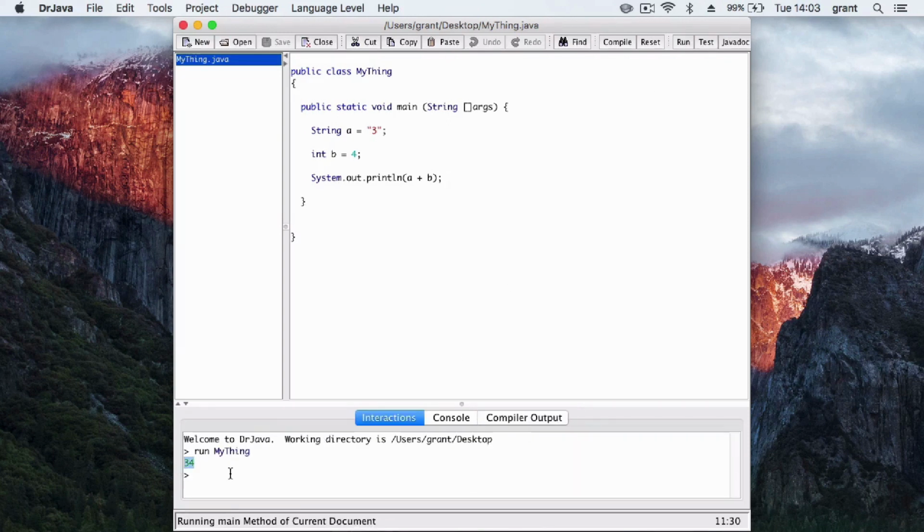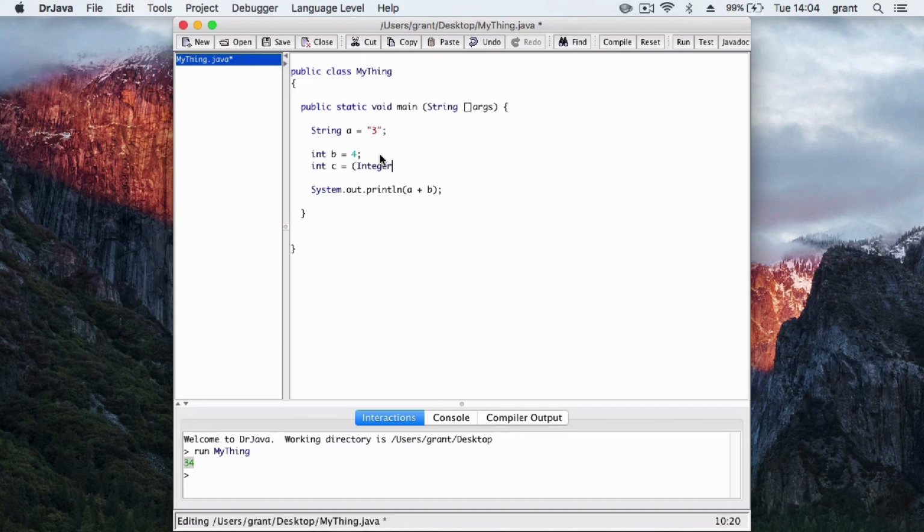Or maybe you don't know what would happen, because we have a result of 34. And what Java's done is assume that you want to convert this 4 to a string. So it's added 3 plus 4 in the string sense and given you 34. Now you can see how this would cause issues. So what we're going to do is try and convert our string a to an integer before we run our arithmetic. So let's try int c is equal to